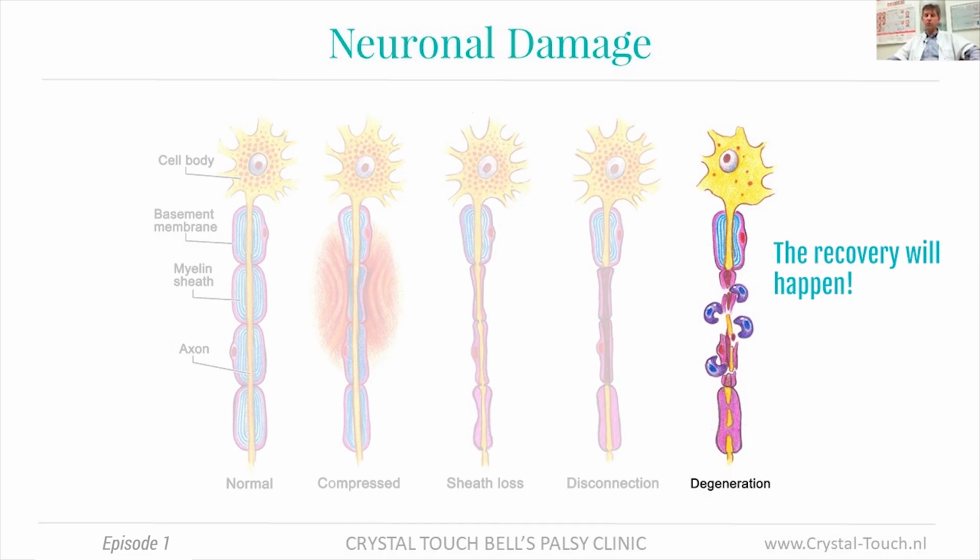The muscles will start moving again. So there should be no space for despair and no space for losing hope. It is very important. You know that better than anyone else. The most damaging is the absence of hope and despair. Will it remain like this until the end of my days? No. The only exception to what I just said is when the nerve trunk, the body of the nerve, has